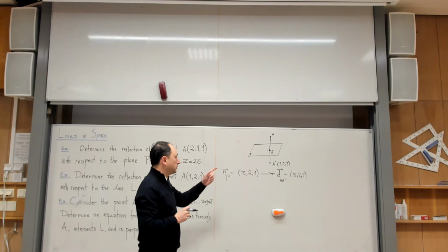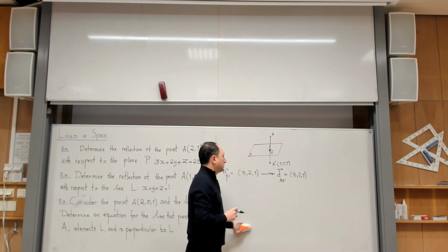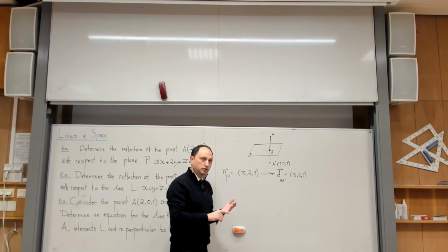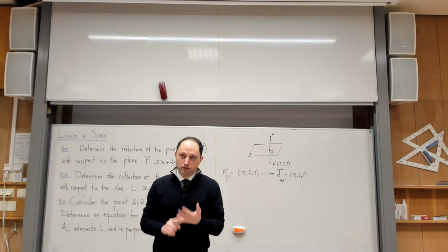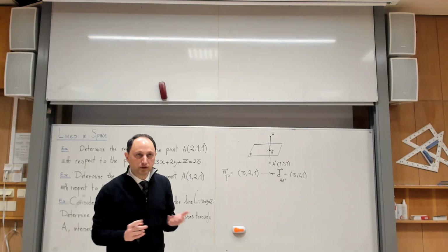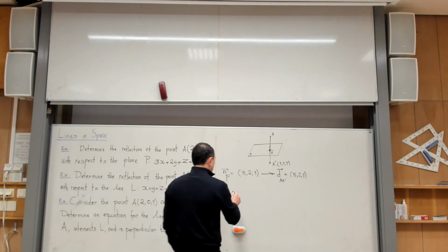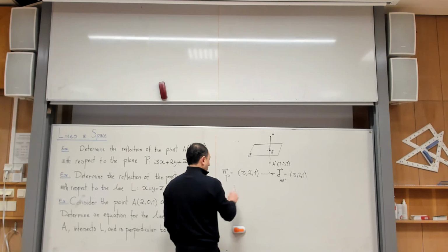And I want to find an equation for the line. You can write it in canonical form, or you can write it in parametric form. I would prefer parametric form. That's easier. So then what I do, I would write that the line A prime